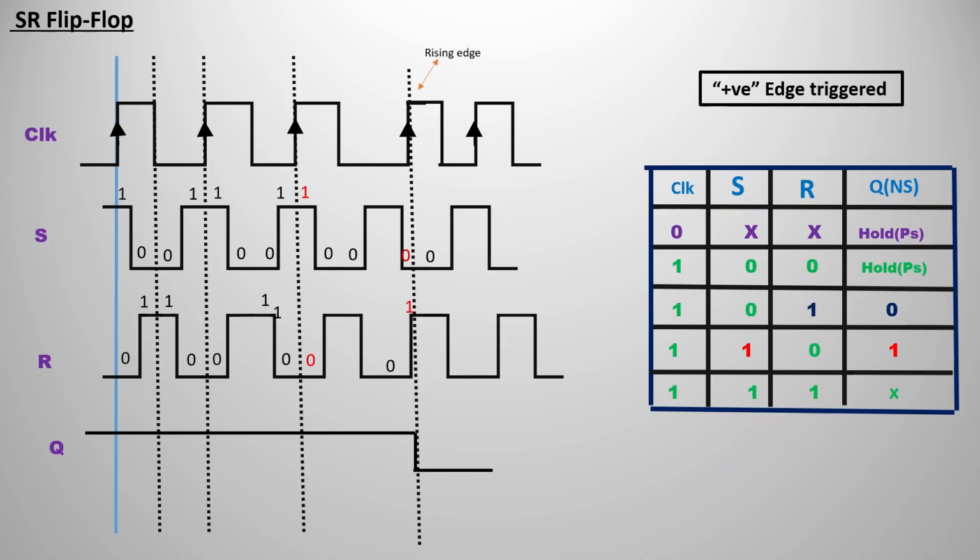If you see the next rising edge, the set is 0 and the reset is high. Reset means 0, so you reset the output Q to 0. You can also see the transition of the output. This is just a basic example with some random values, so it might appear like this. But in exams or your situations, you can take your own inputs, and when the clock is rising, you compare S and R up to the next rising edge. Like that you compare everything and formulate the timing diagram analysis for the output Q. And if you want output Q bar, it is just the opposite of Q.